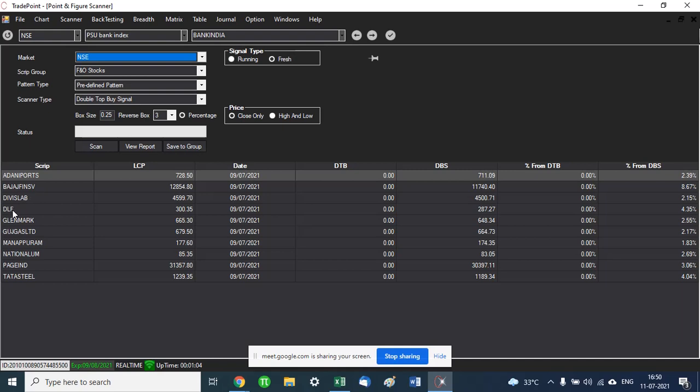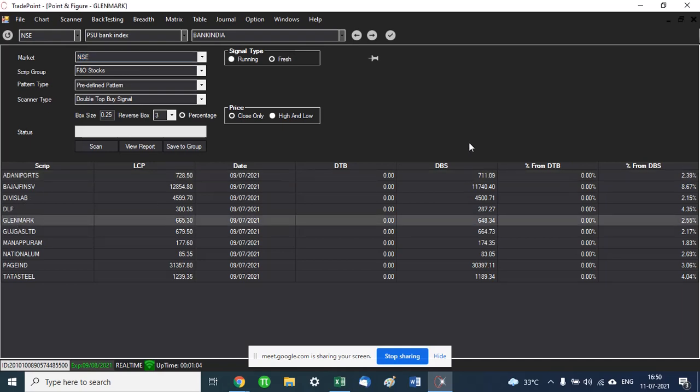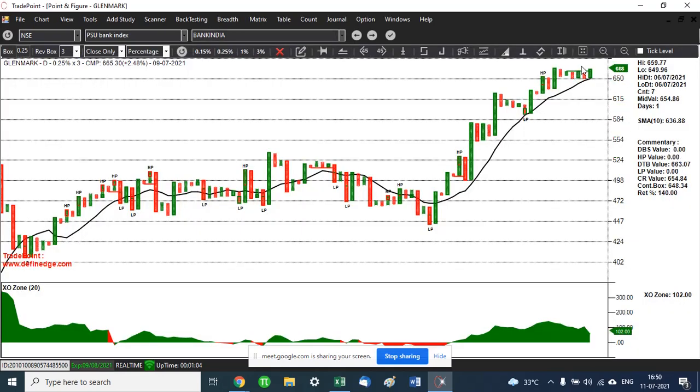Let's say Glenmark. So Glenmark, we can see that it's above the moving average, and this is what is called a triple top buy. It's similar to double top buy, just that instead of the one column high being taken off, here there are two columns of X which are at the same level. Here you see 661.42 is the high, and this column also has the same high of 661.42. Both these column highs have been taken out by the current column. So this becomes a triple top buy. Instead of a double top buy, we have a triple top buy. So this stock is looking very bullish right now.